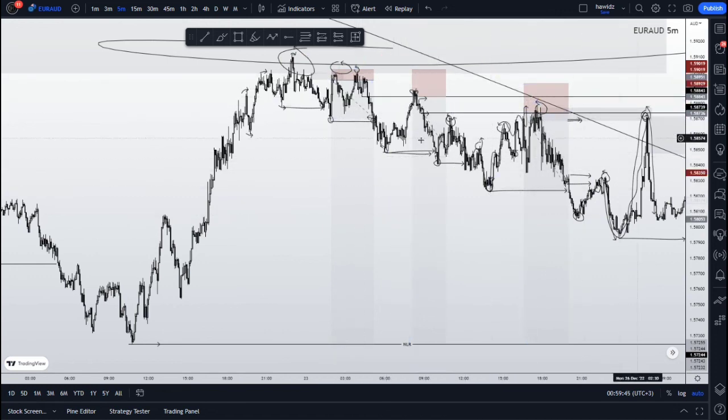Following the footprint is the same thing, right? Because we are only following what is being done, right? So this is following the footprint, right? Break of structure, retest, break of structure, retest, break of structure, retest, break of structure. That's how you follow